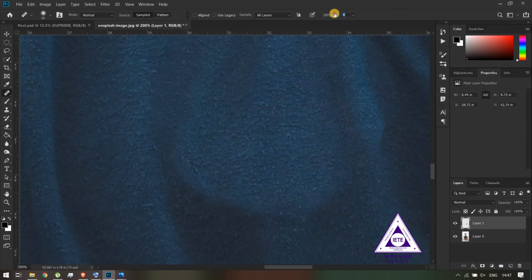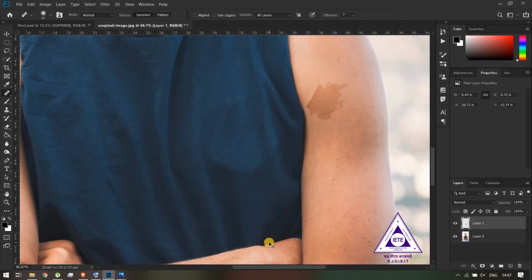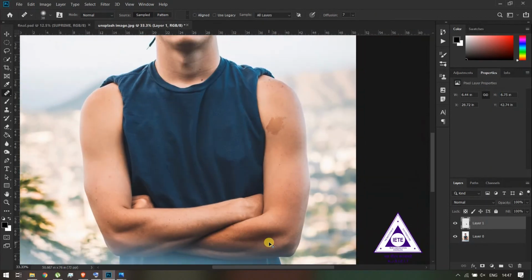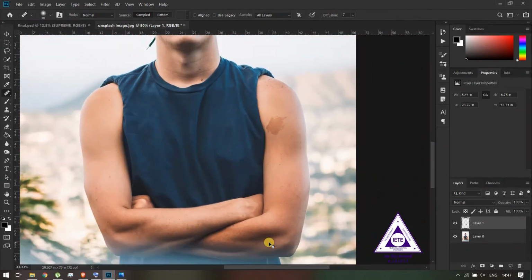You can reduce how much diffusion you want based on the situation. I'll try and see how the effect appears if I reduce it. It seems like it gives a better output if I reduce the diffusion a little bit. And you can see it's already diffused and blended the area much better. You can make more changes to this, and over time you will improve and make the selection better, but for the purpose of this video I think we'll stop here.